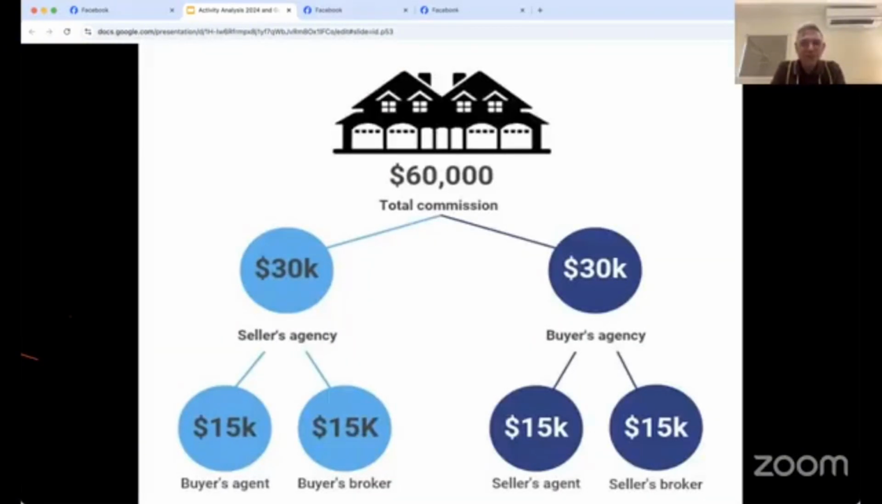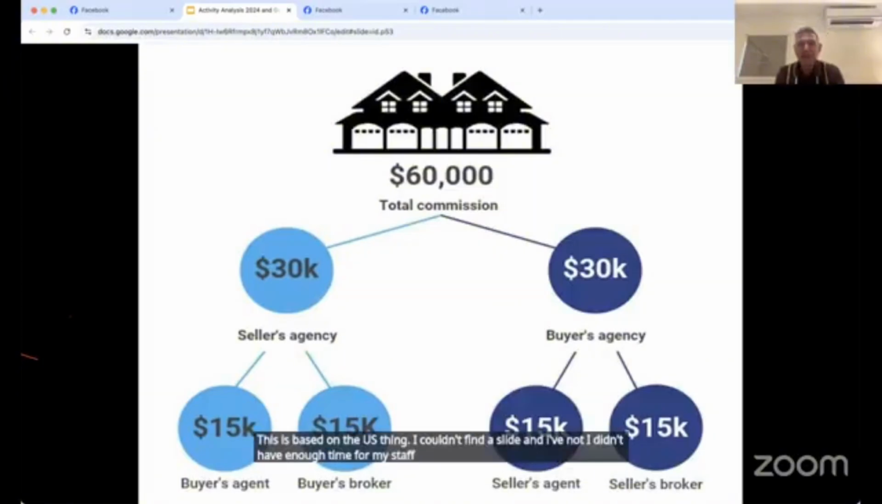Okay. So what is the breakdown of your fees? This is based on a US thing. I couldn't find a slide and didn't have enough time for my staff to do a Canva. But let's say,